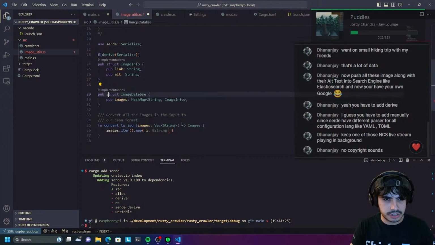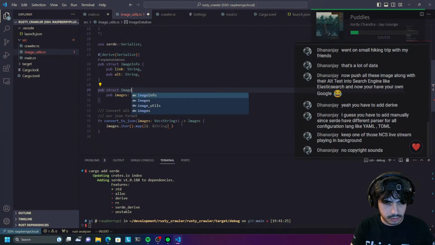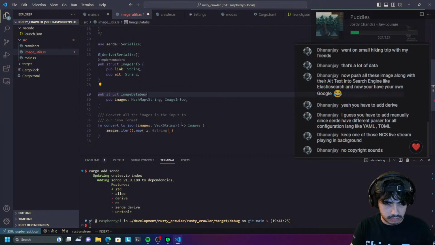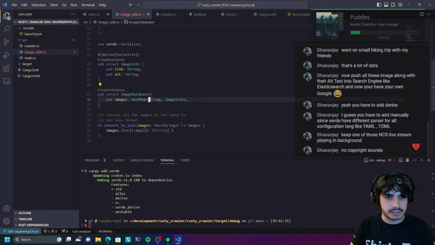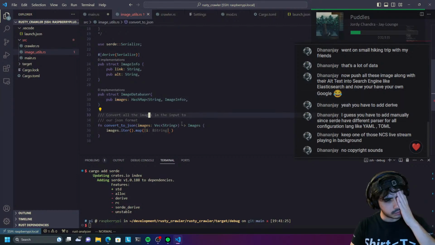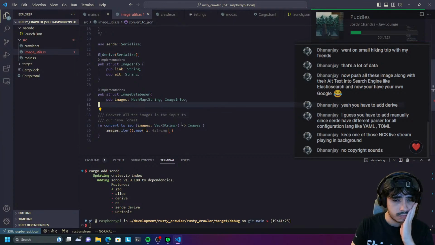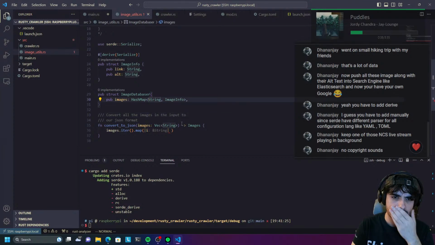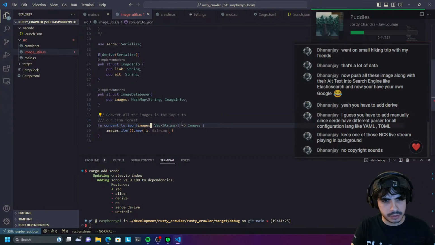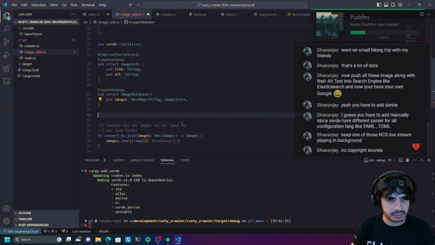I'm gonna call this image database because I have a better name for the actual image that we're passing in. Can't spell database. Why am I doing that? Because I want to pass in here an actual image. An image may be something like